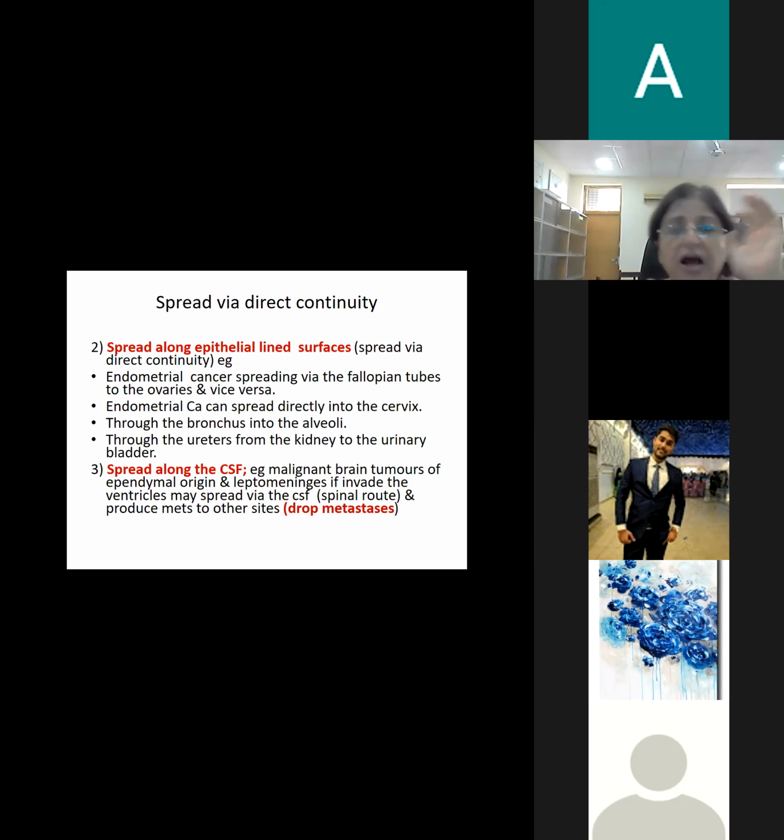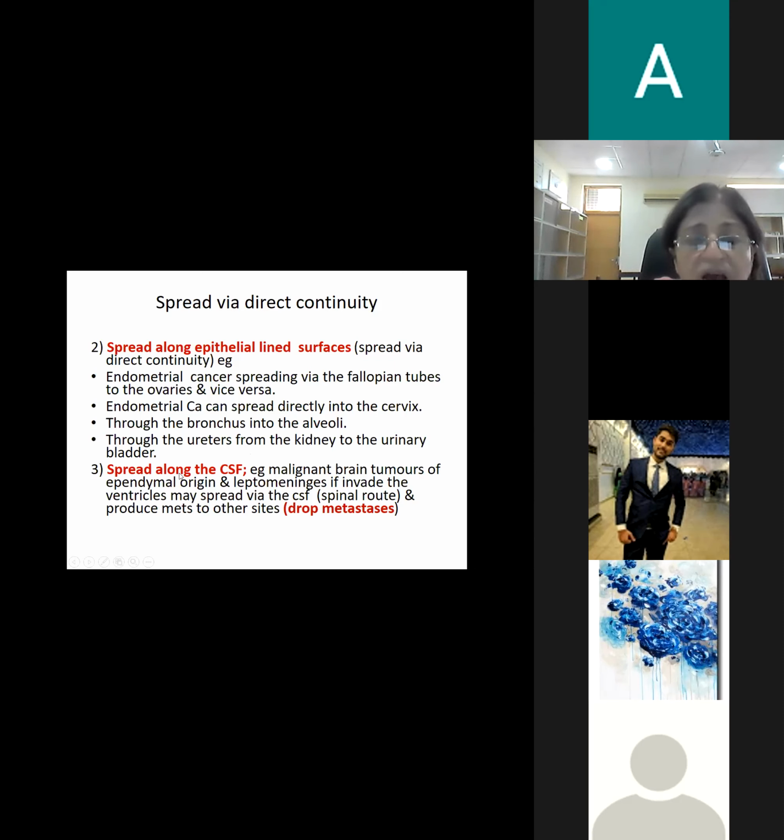अब ब्रोंकोजेनिक कैंसर है, यानी कि लंग का कैंसर है, तो it is going to spread via the bronchi, bronchioles, and then into the terminal alveolar spaces, which are the alveoli. So cancer of the lung can spread distally into the alveolar space. इसी तरह किडनी का अगर कैंसर है, cancer of the kidney, it can spread via the ureters into the urine. So these are examples of direct spread, direct continuity.